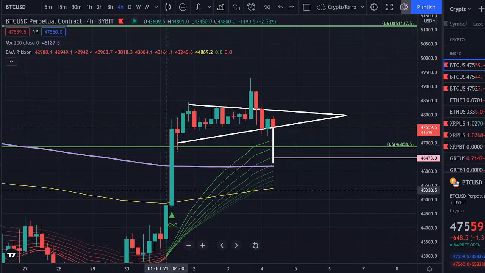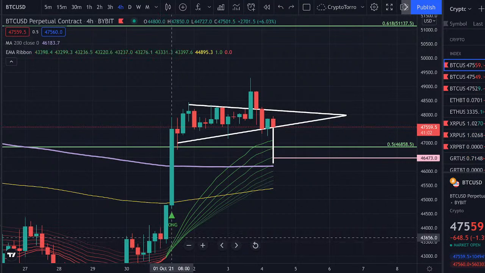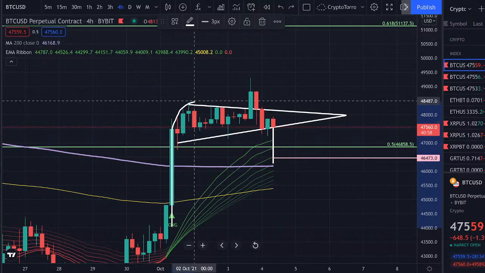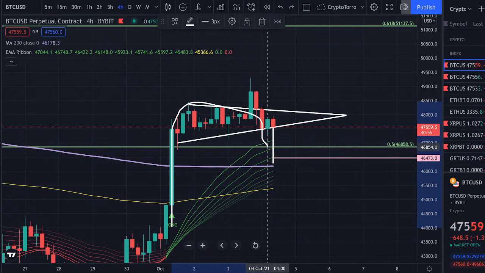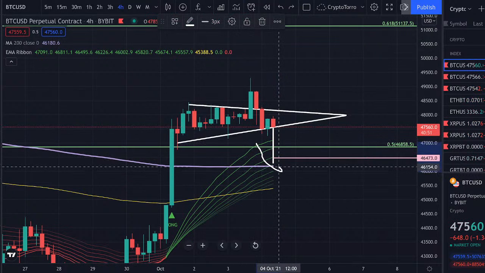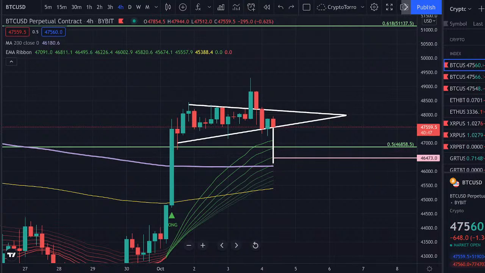You could clearly see we were far above the 200-day moving average. We were as well far above the EMA ribbon, and therefore I think it is actually healthier if we would right now see a decrease, retesting these two levels of support, finding support on top of those and heading further towards the upside afterwards. Of course, this is my personal opinion,